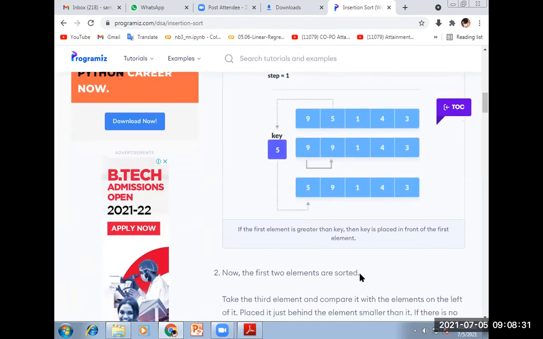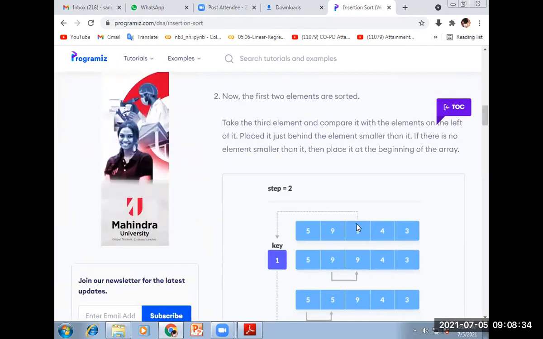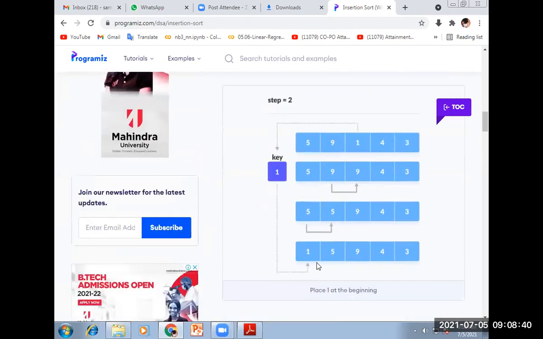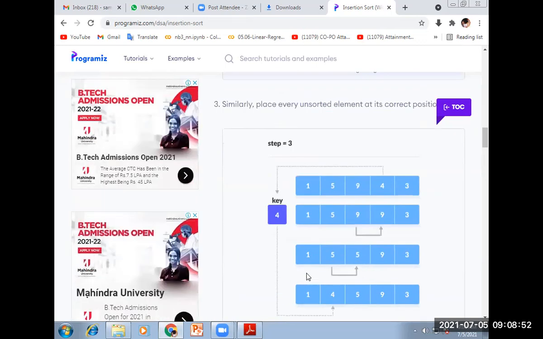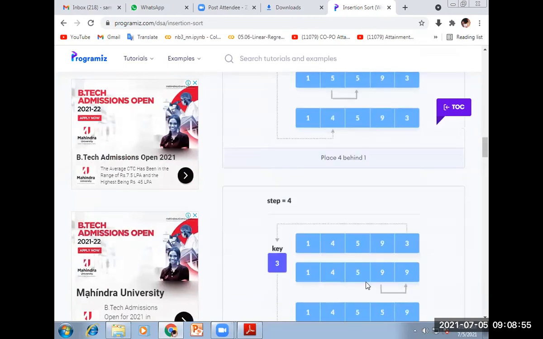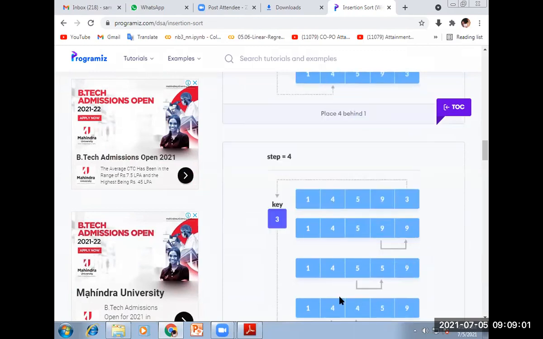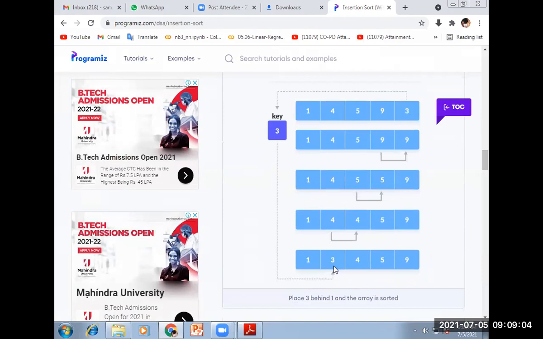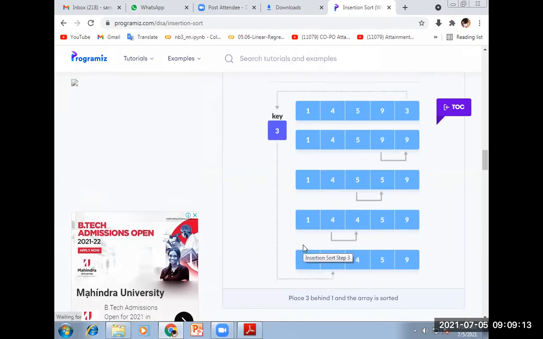So that is arranged in order here. It is compared with 9 and also compared with 5, then placed in sorted order. Next, 4 is compared with these 3 elements and placed in the appropriate position. Similarly 3: here 4 is placed here, and finally 3 is compared with 9, with 5, and with 4. Here 5 and 4 are shifted and 3 is placed here. In this way insertion sort works. Clear? Just like cards, how we set the cards, the same manner insertion sort works here.